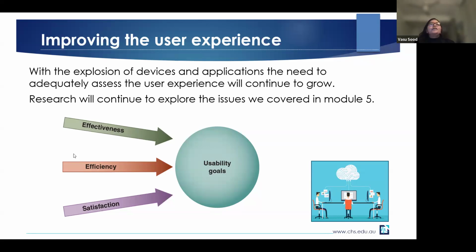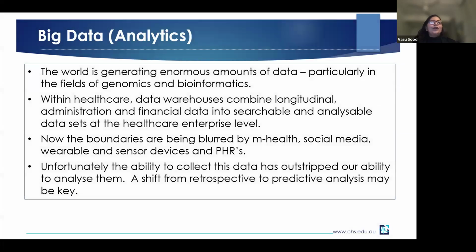So these dimensions, effectiveness, efficiency, and satisfaction, help determine whether a device or an application is truly supporting its intended purpose, enabling users to perform tasks with minimal effort, bringing ease of use, and making their life comfortable. So it's really important to explore the future trends and what the usability issues are with those technological trends.